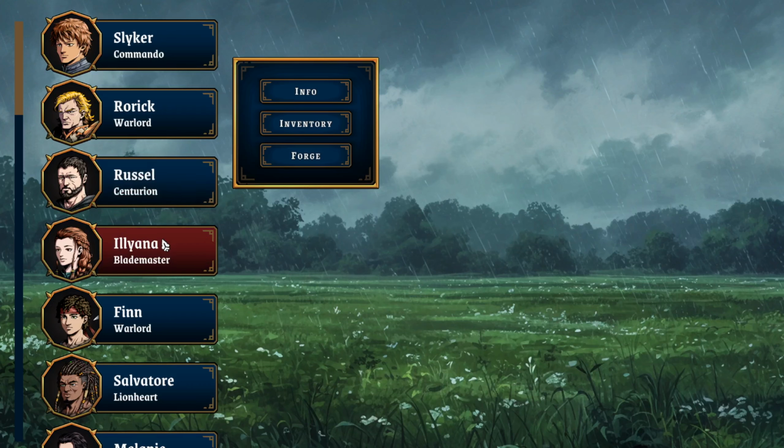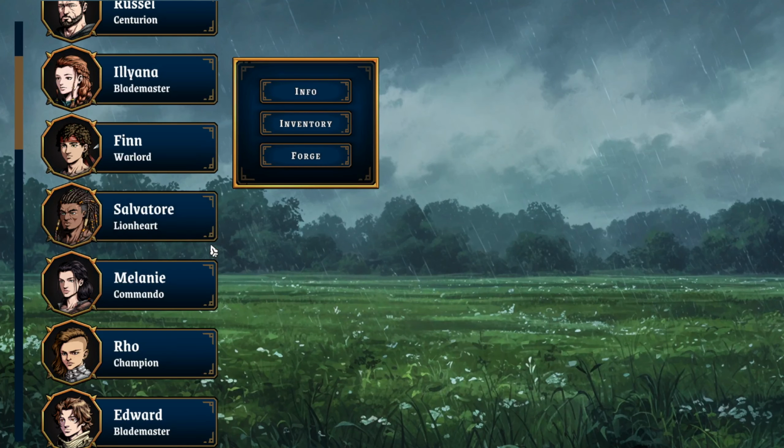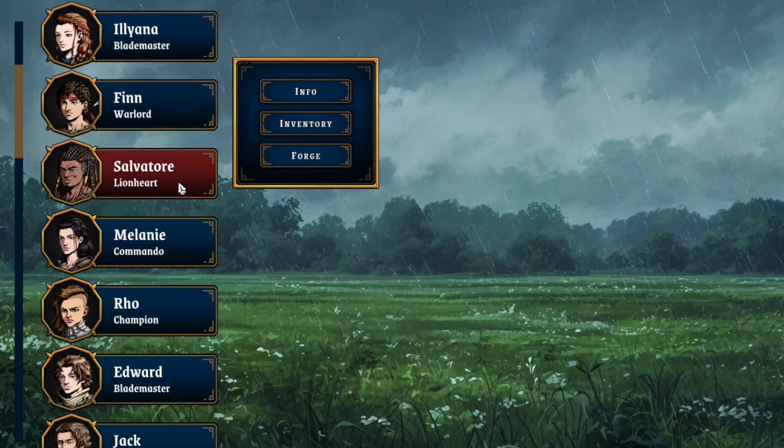I mean, usually I like Ileana with a 2-hander, but maybe I'm leaning now more towards Assassin. Finn, Salvador, Melanie, and Edward are like my go-to. Salvador with a 2-hander, Finn with his axe, Melanie for the gold income, and Edward is just,